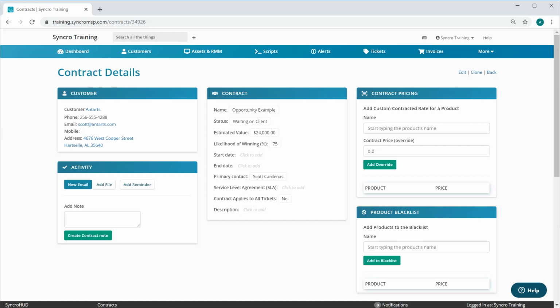Now I know that might sound like a weird statement at first. That's because we give you the option of deciding whether or not this specific contract should apply automatically to each and every ticket generated for this customer. Why would I ever want to do that? Well, again, it all comes down to flexibility in billing. Perhaps my contract states that all on-site service calls are included during business hours, but after hours are charged at